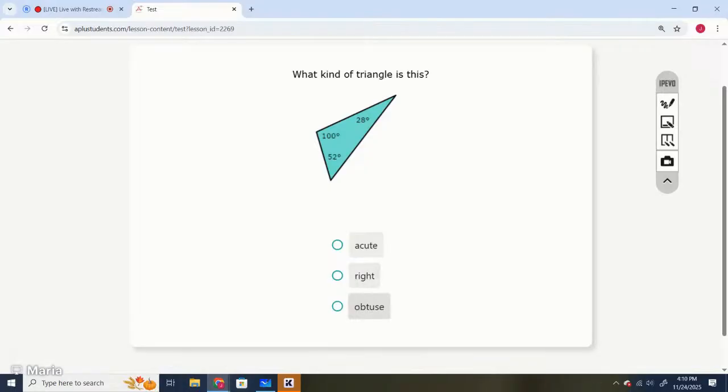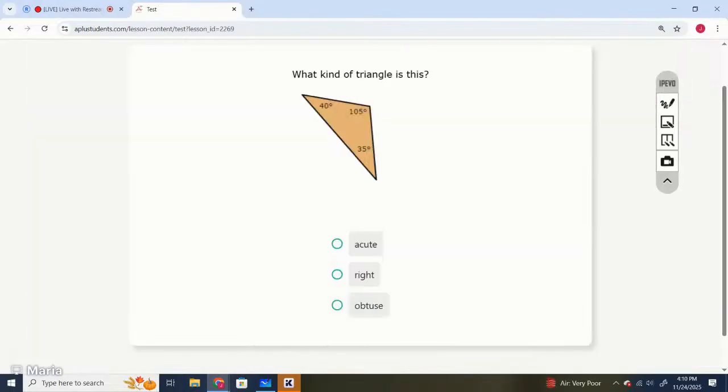That is the obtuse triangle. Option number 3 is the correct option. What kind of triangle is this? That is the